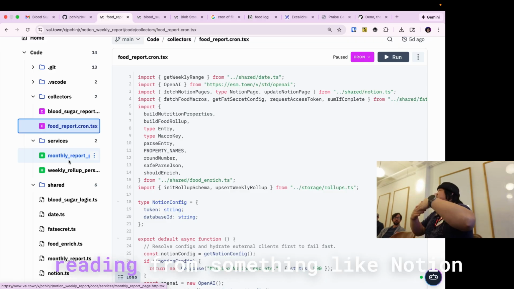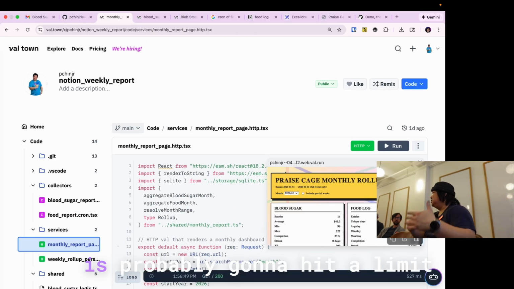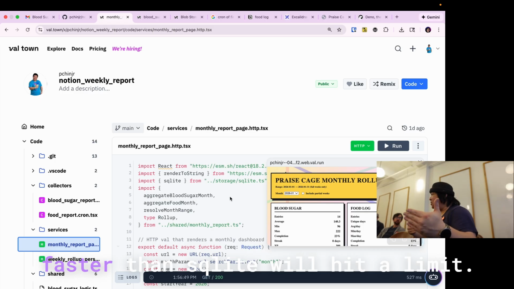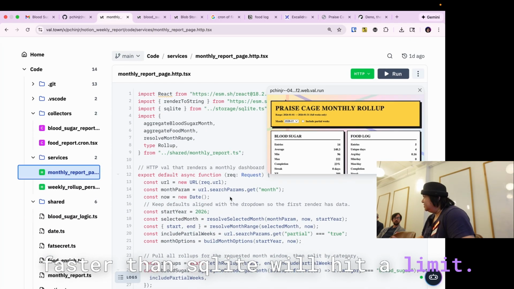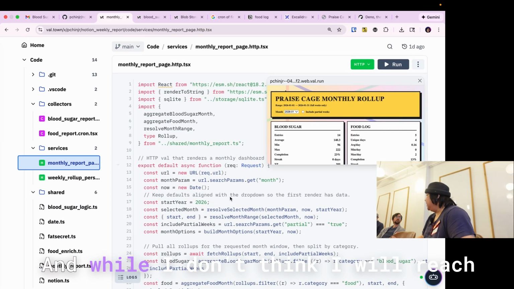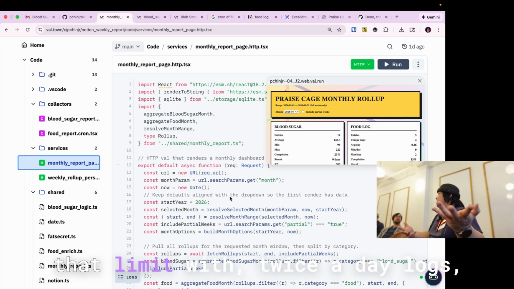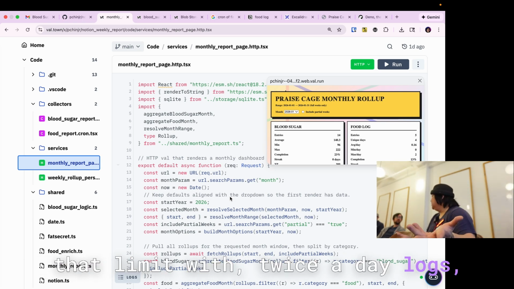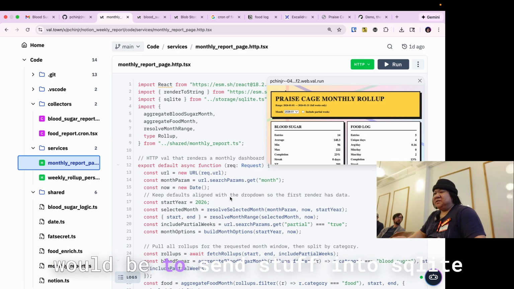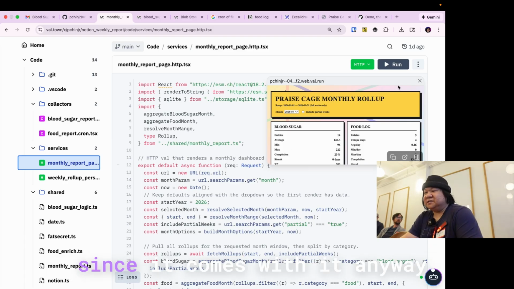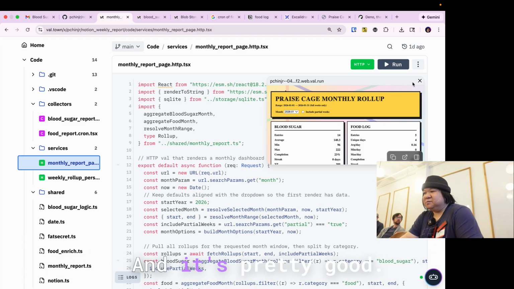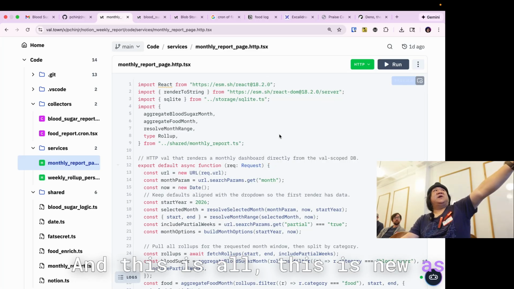eventually reading from something like Notion is probably going to hit a limit faster than SQLite will hit a limit. And while I don't think I will reach that limit with twice-a-day logs, I wanted to see just how easy it would be to send stuff into SQLite, since it comes with it anyway. And it's pretty good. And this is new as of